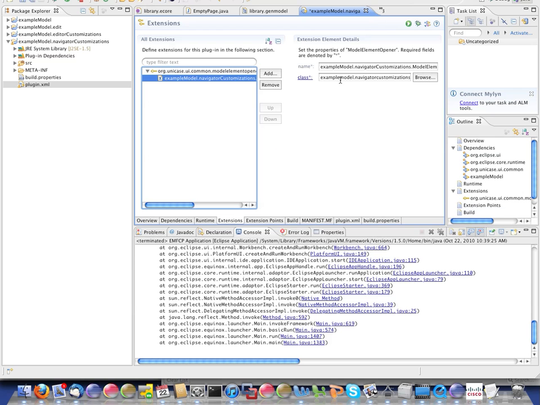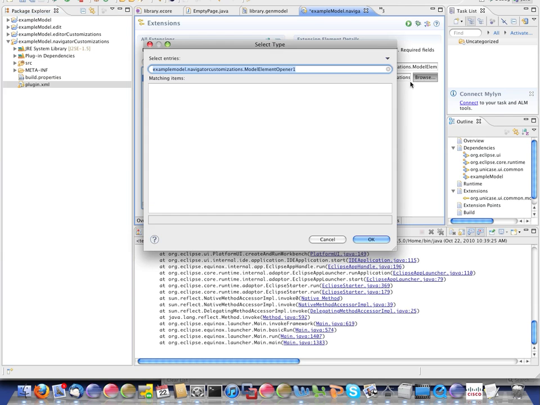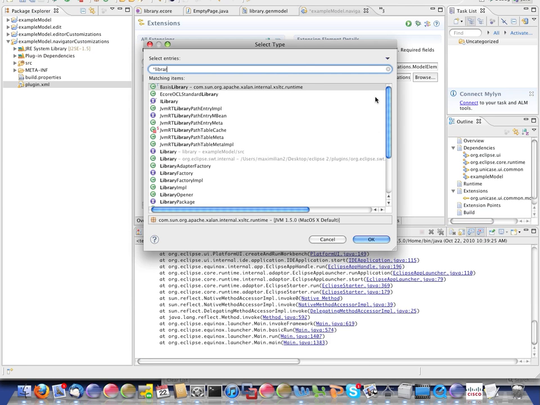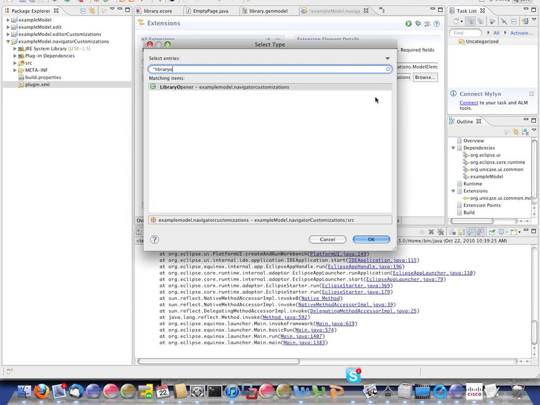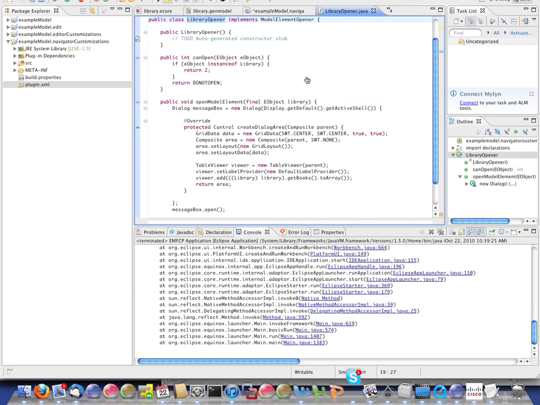And I can see for the model element opener I can select a class which implements the model element opener. And I've already prepared such an opener, and I will just browse for that. It's called a library opener. And this library opener will be responsible for opening a library. So if we have a look at the class,